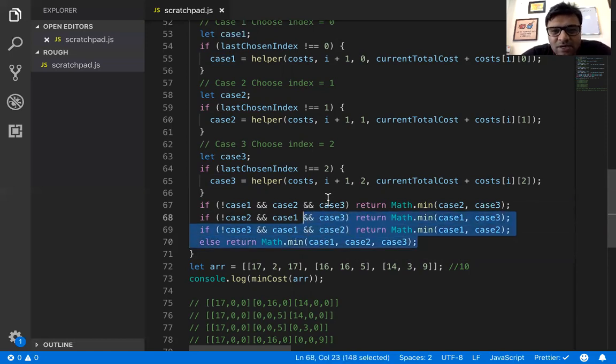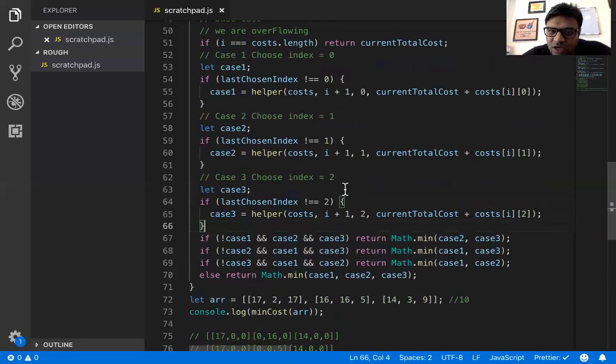Anybody not clear about the code till now, or does anybody have any questions? The logic is very simple. We are going to choose an index. We are going to choose a color for a house or not. Do we need all these conditions? Yes, we do need. Akshay,